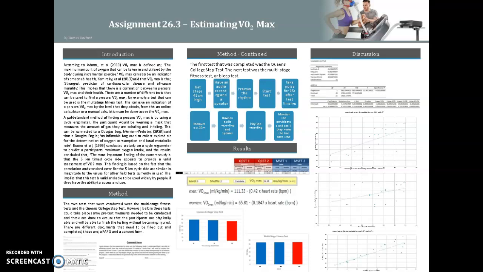So, for example, say there was a rugby player who had a VO2 max of around 45. This is roughly average for someone who would be in the scrum. This person would then be able to be positionally moved into the scrum. So, say they were a centre, but they were struggling for breath in a lot of games and they weren't able to play the full 80 minutes. They could be moved positionally based on their VO2 max into the scrum.